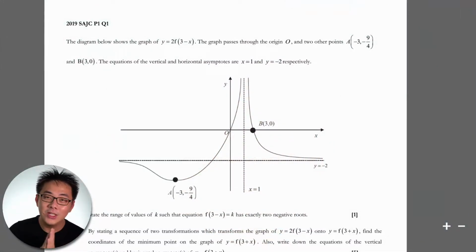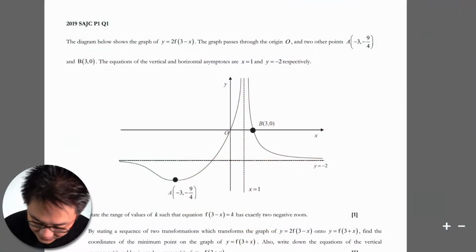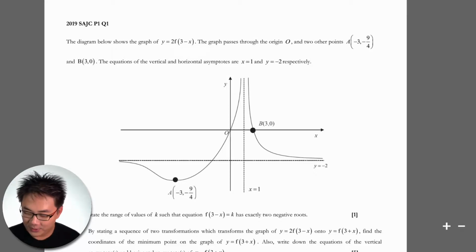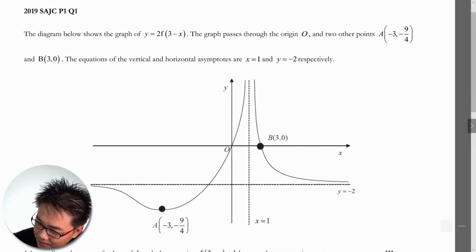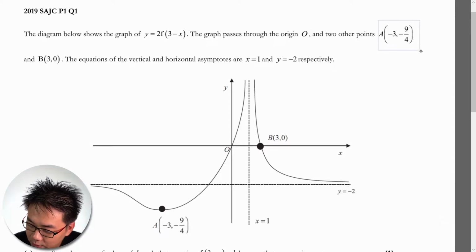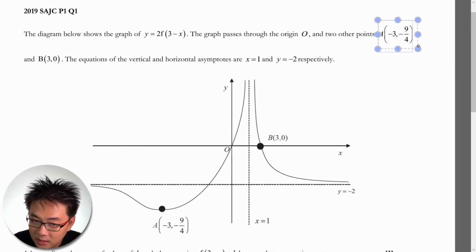Hi students, let's look at this question here which was taken from the year 2019 SAJC paper 1 question 1. This question is on transformation of graph. So you're told that this graph is y equals 2f(3 minus x). The graph passes through the origin O and two other points, A, which is this one here, and then B, which is